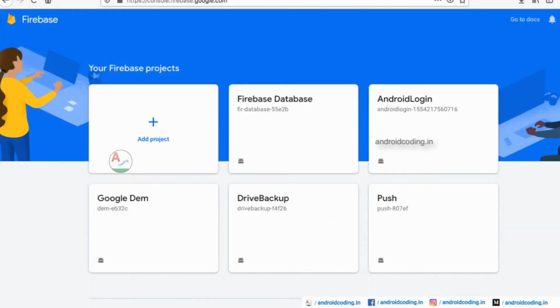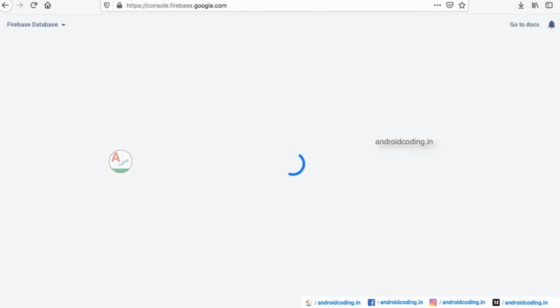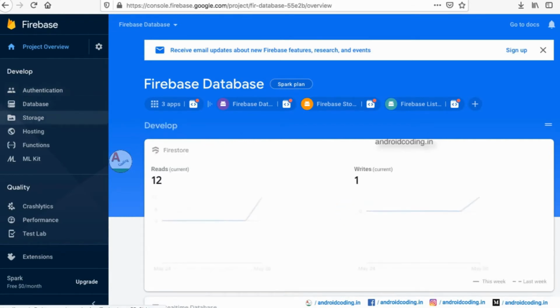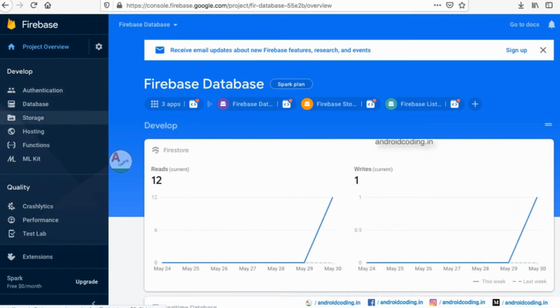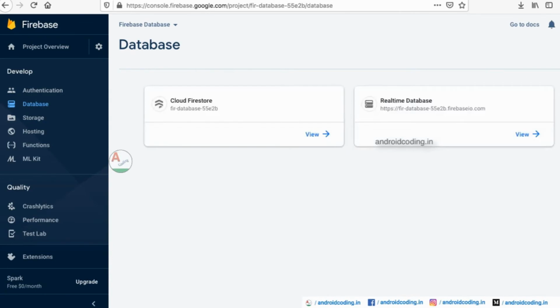So let us see the database. It's the first and important thing, and you will get clarity. This is our project name, and here the console is loaded. In this particular topic we are dealing with the database. If you are a beginner seeing this console for the first time, you might face some difficulties because these two options will not be there for you.